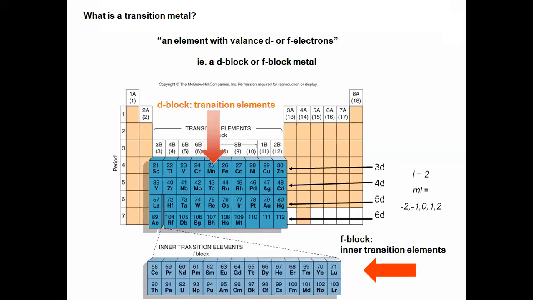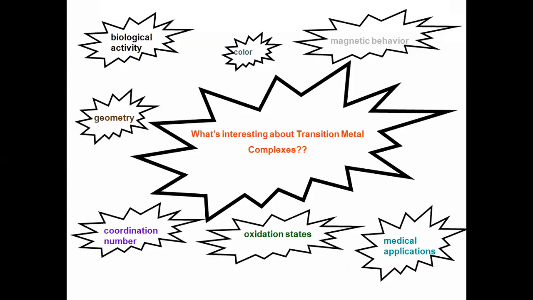Now, what are the characteristic features of all these transition elements that we have to study? These elements, if we see, are almost all colored. Secondly, they show different magnetic behavior such as paramagnetic and diamagnetic. They also have medicinal applications. For example, copper is used in treatment, cobalt is also used in the treatment of cancer, and so on. They also show variable oxidation states. So they do not stick to only one oxidation state, but show different oxidation states.